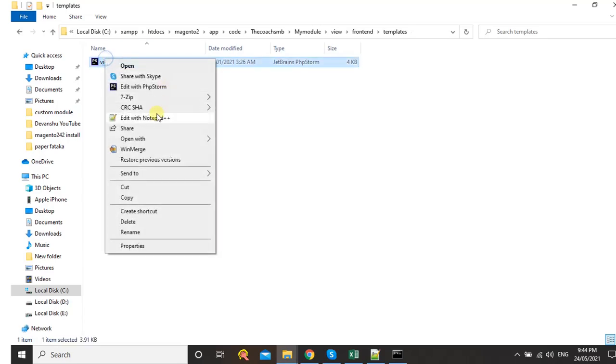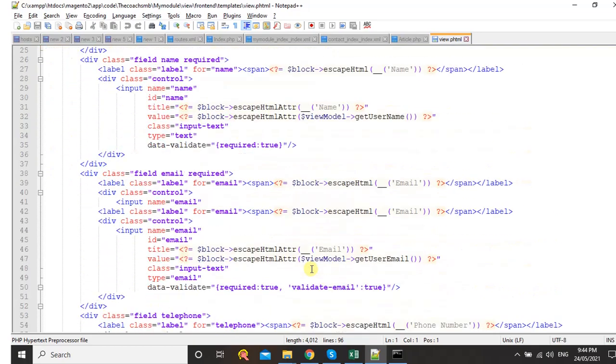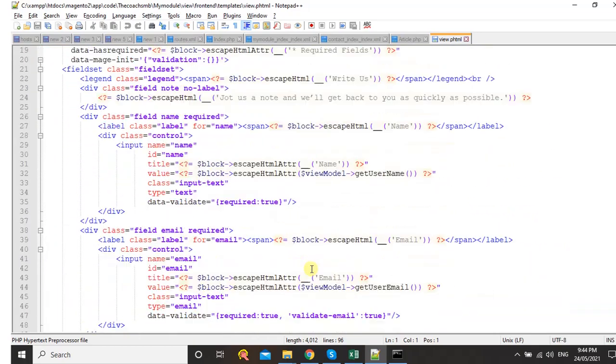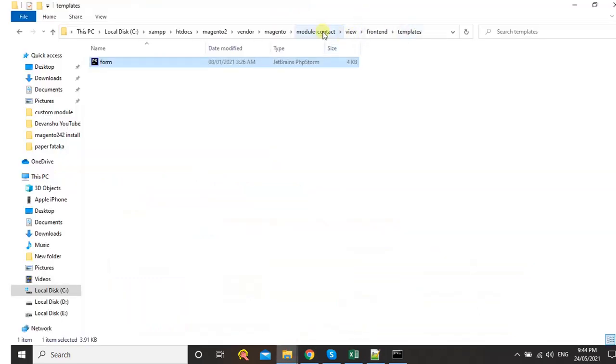So let's open up the content. These are the contents of contact us, right? We just copied it. In this way, you can write the content in the HTML file. See, the block get function is getting called, the get form action function is getting called. So these functions in the contact us module must be defined in